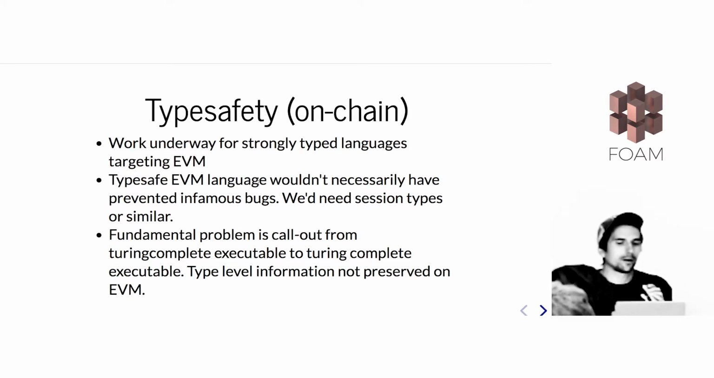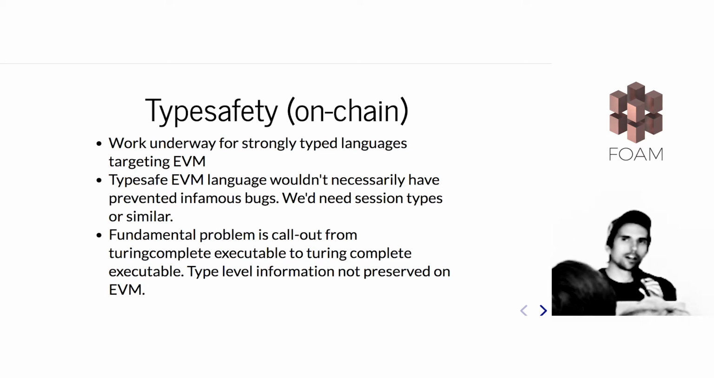A type-safe EVM language wouldn't necessarily have prevented some of the infamous bugs. Maybe you've heard about some of these, what I would call catastrophic failures, where somebody writes some sort of multi-sig escrow type contract. Turns out there's some really elementary loophole, and some kid from who knows where is able to black hole $300 million in Ether. And then we move on the next day and the price is unaffected, like it never happened. So